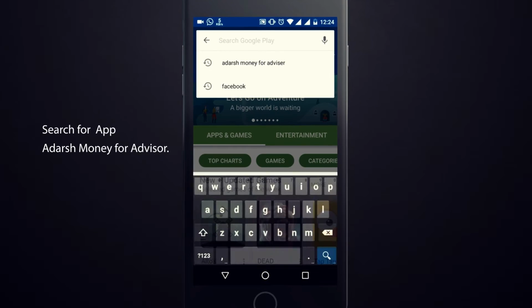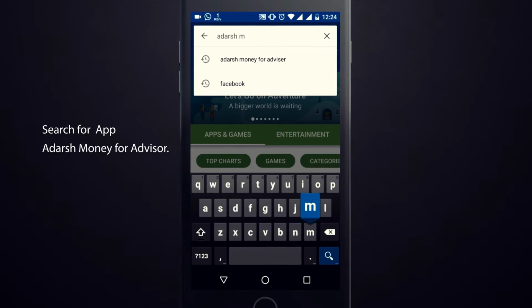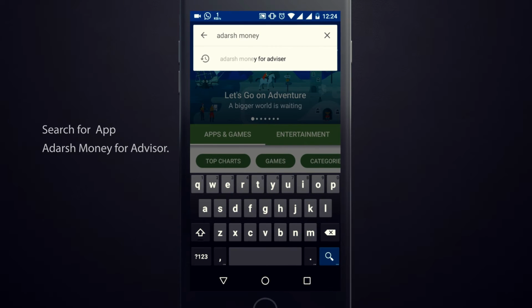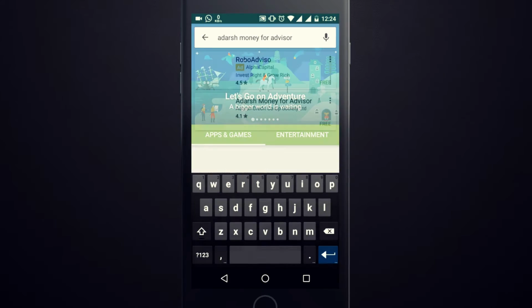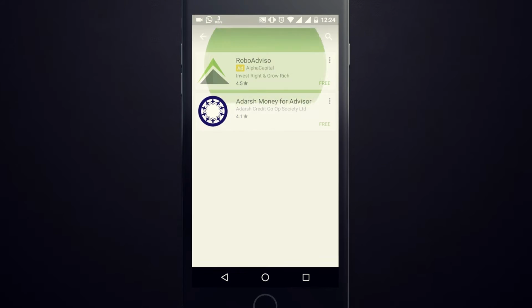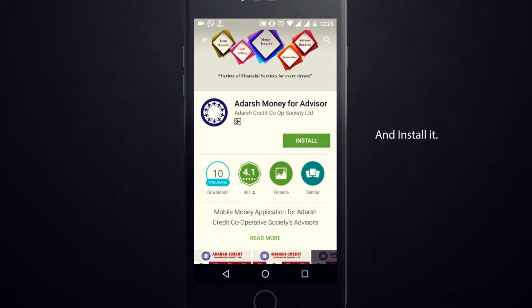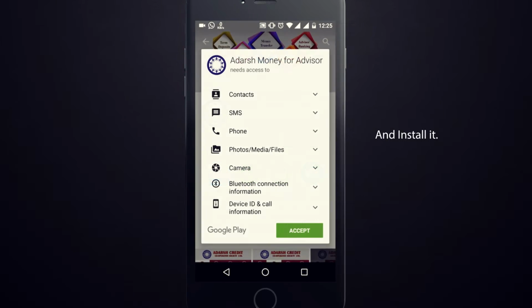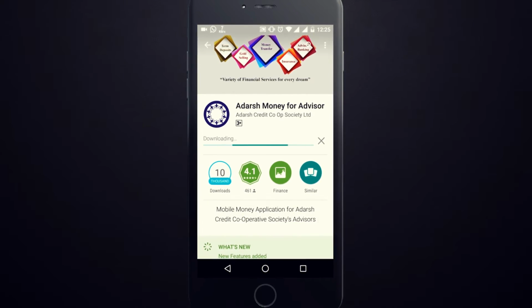Type and search for Adarsh Money for Advisor in the search window. Select Adarsh Money for Advisor by Adarsh Credit Cooperative Society Limited from the list and tap on Install. Hit on Accept option and download the app on your mobile phone.